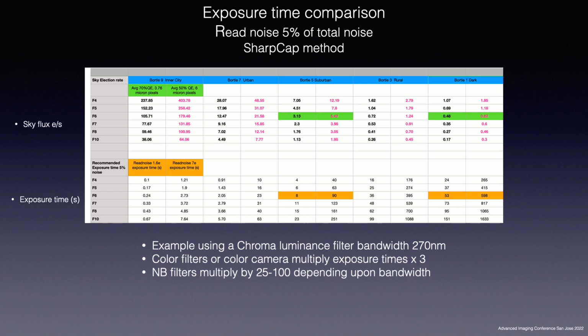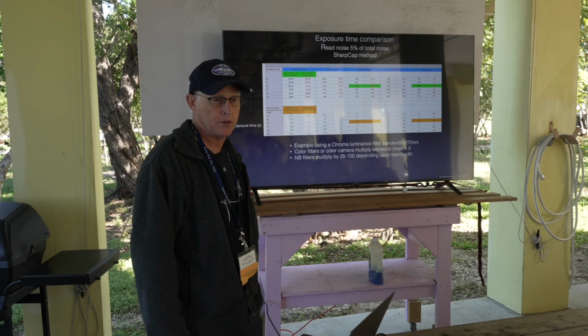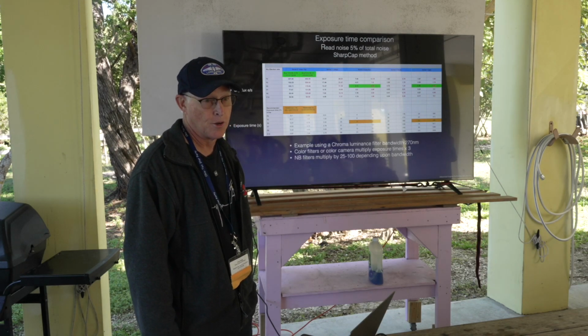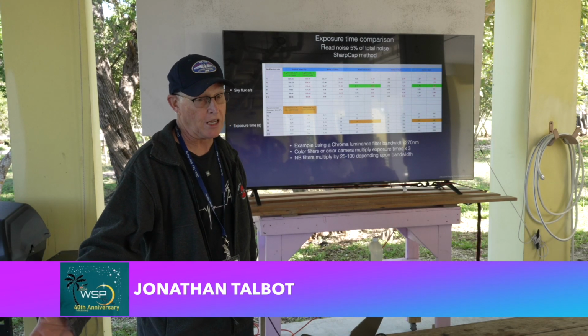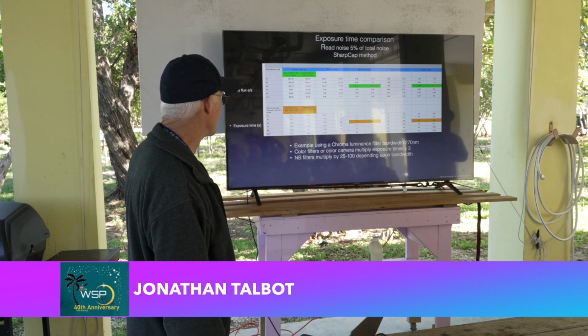Here's an interesting example, and I can verify this one really well, because this is about what I do when I go out west. This is in a really dark Bortle 1 sky. It's showing with this f6 scope about a 53-second exposure is the minimum you want to do. The minimum you want to do is close to 10 minutes with the CCD. So I typically shoot, I've got an f8 scope, but it ends up being about 4 minutes out there for my color filtered images, where it used to be about 15 years ago. So